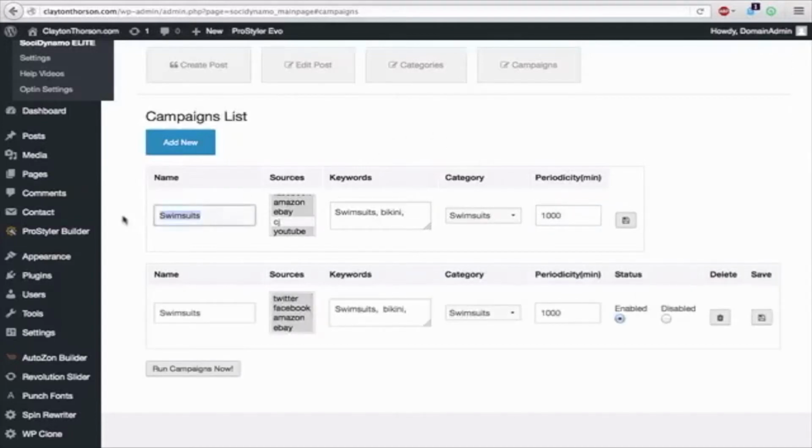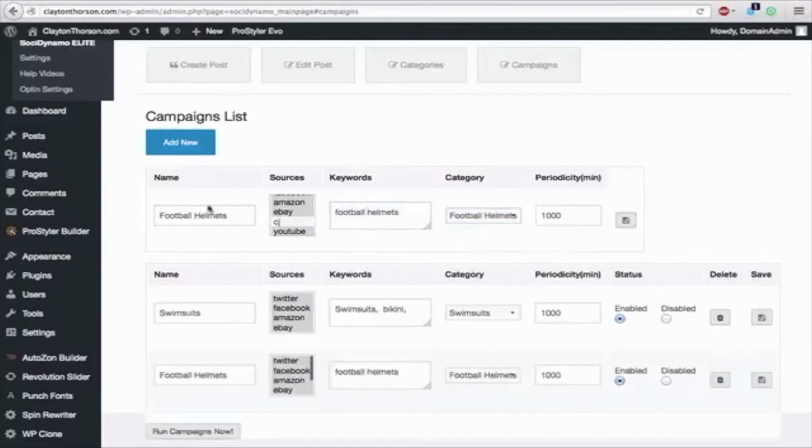We can redo this. We'll do football helmets, and we'll leave the sources the same. Change the keywords to football helmets. Then over here, add to the correct category, football helmets, and you can just leave the minutes the same. Hit save, and we'll continue doing this for each new category and new campaign.